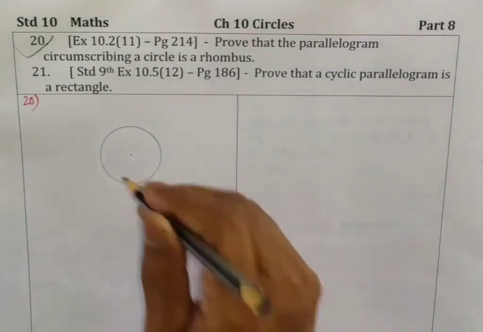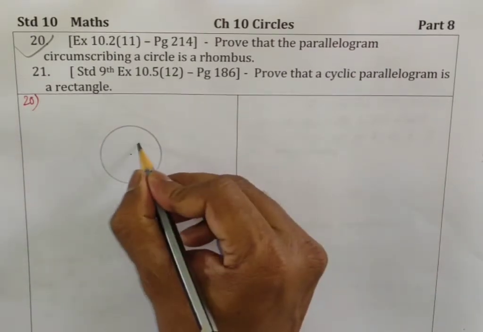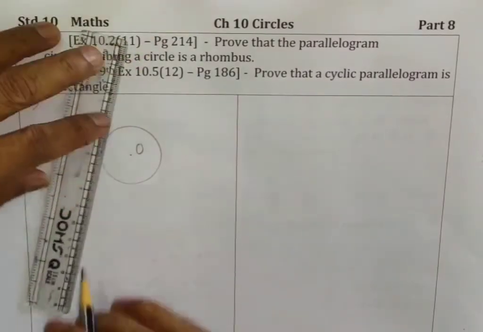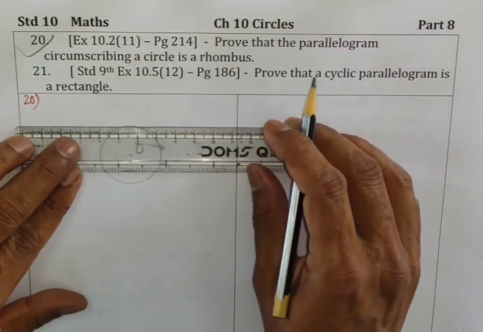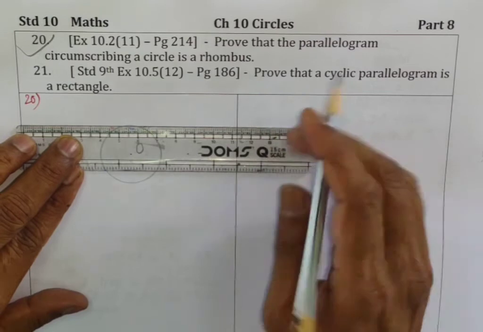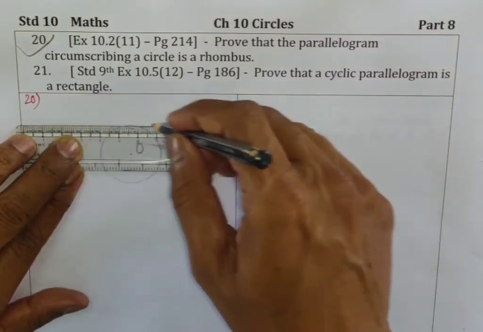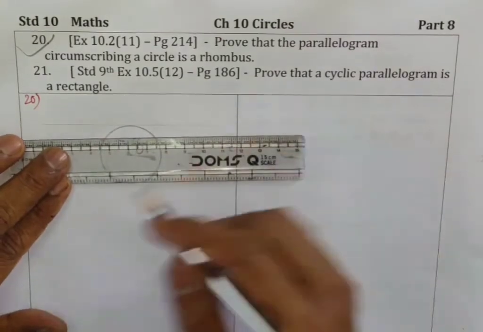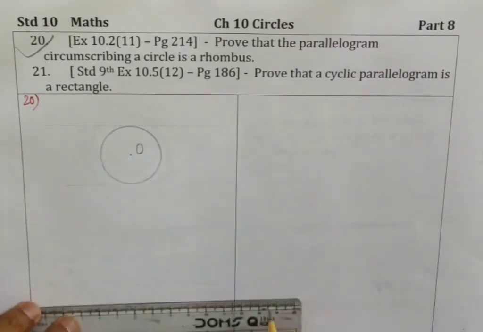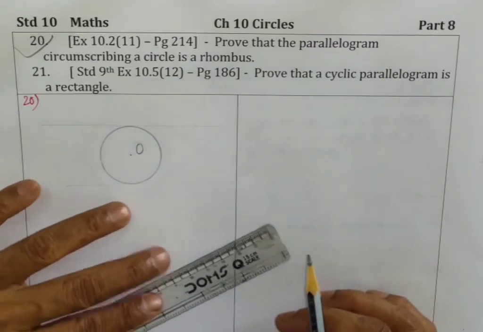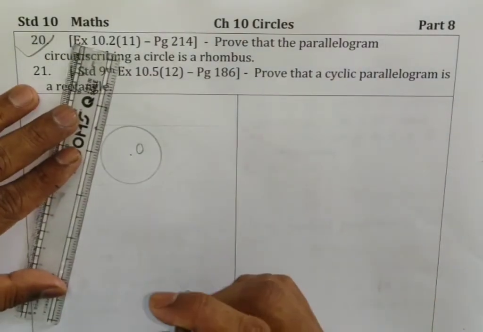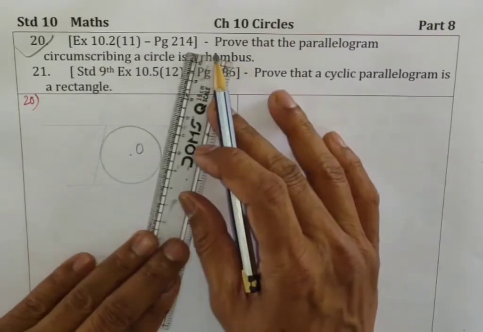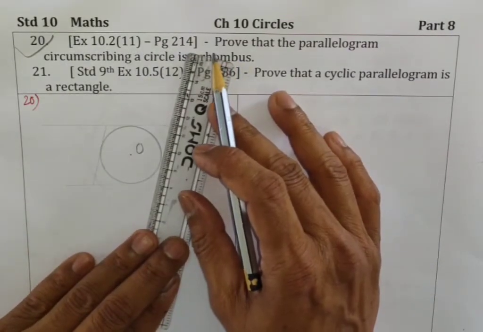Okay. This is the center O. Normally we call it O. Correct. Now I am going to draw a parallelogram. Children, I am drawing this with a light hand. One side, this other side. Okay, both drawn parallel. Now this is the other side. Draw it parallel, and it should touch the circle also.